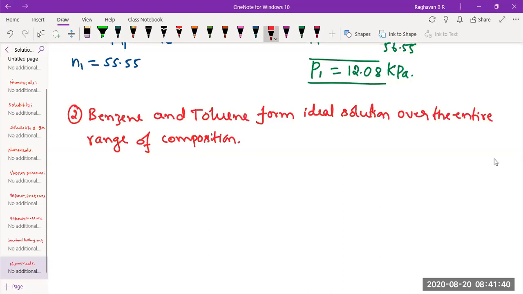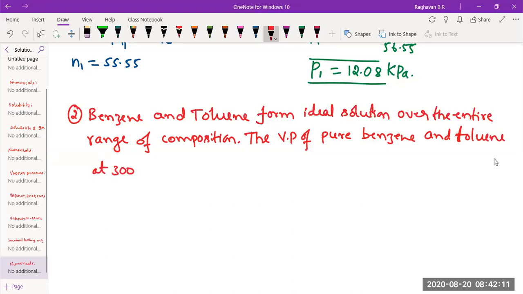The vapor pressure of pure benzene, simultaneously you should also write vapor pressure of pure benzene and toluene. In the classroom we would have dictated. Here it is better to write the vapor pressure of pure benzene and toluene at 300 Kelvin are